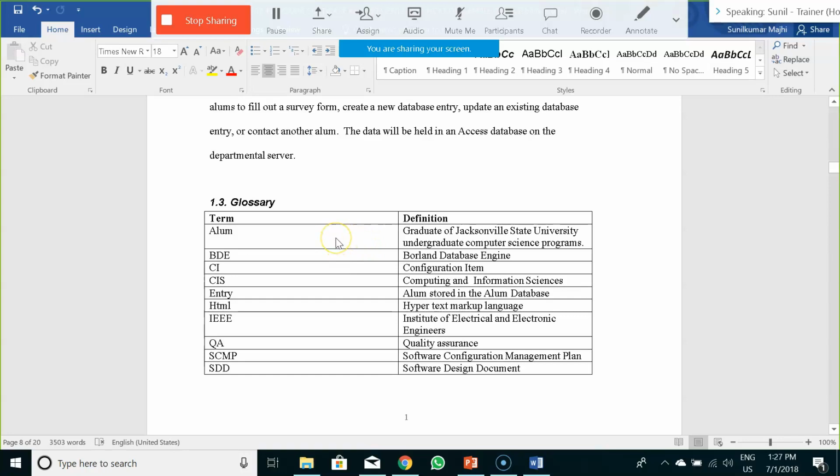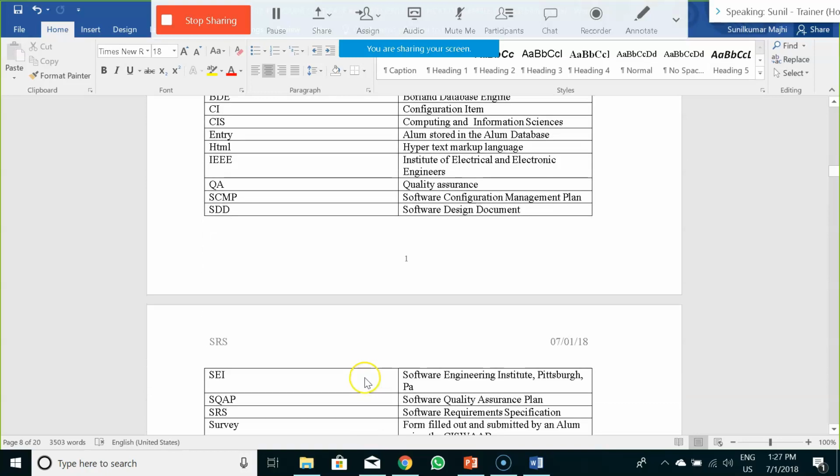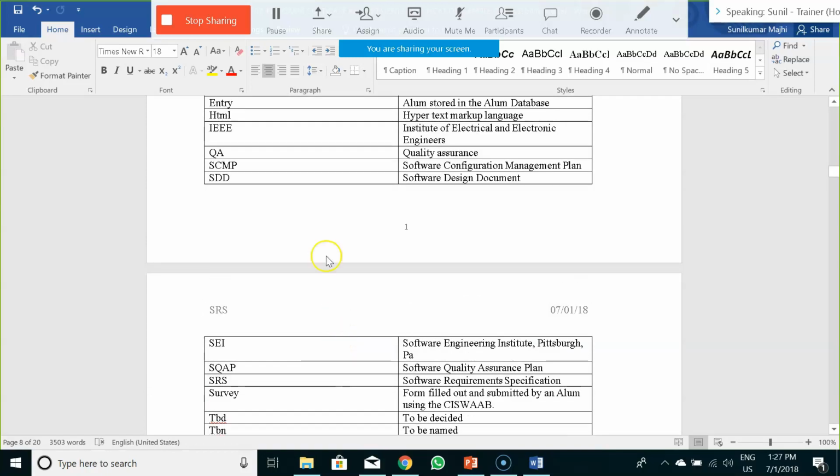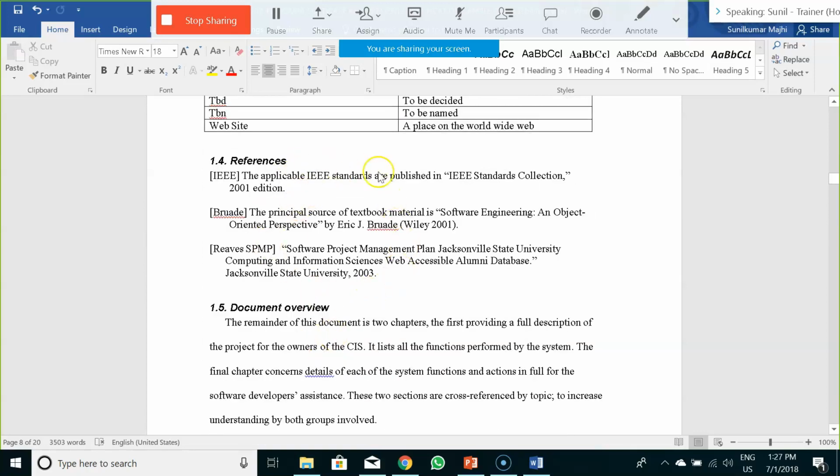Then if you are using any glossary, you have to specify it over here, because generally what people do, the business analysts, they don't write the same sentence, same statements again and again. Rather they form a glossary list. So if you are using some glossary, you have to highlight it over here so that the business user or the approver gets an understanding of what these glossaries are. Then if you have referred to something in the public domain, you have to mention it over here. What is your source of reference?